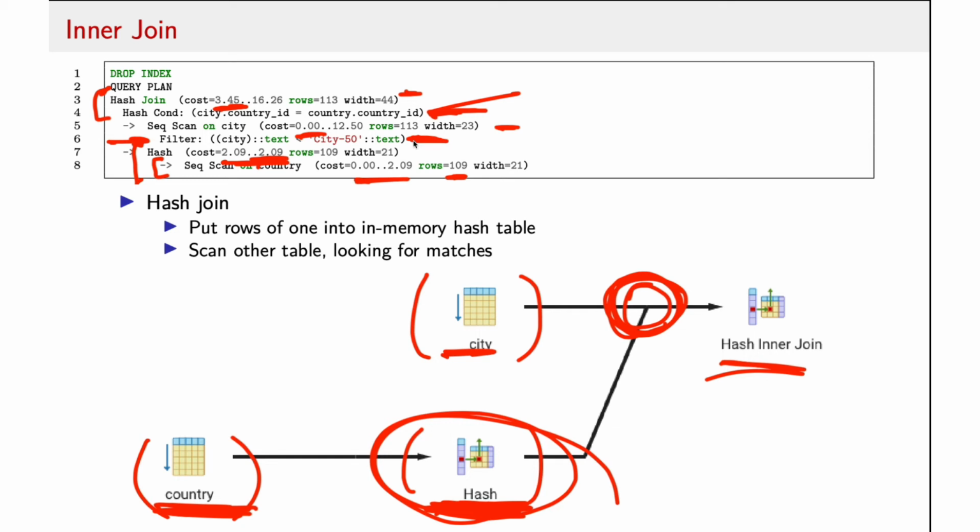But if we assume that the constraint holds, potentially we're going to be returning rows from the city table immediately. And then that's going to go up to time 12.5, which apparently corresponds to the larger number of rows in the city table. And that also is consonant with the notion that the overall join takes 16.2 units. It would be surprising to see this take less time than